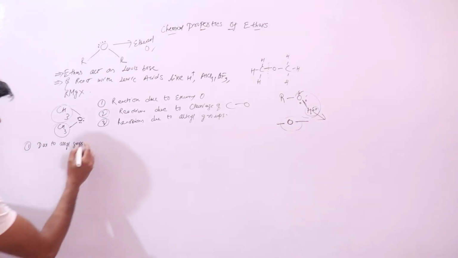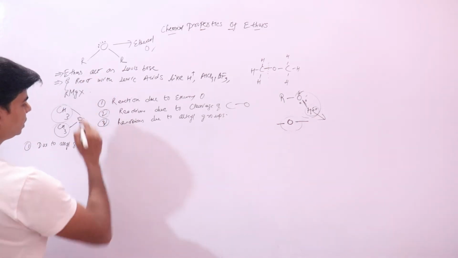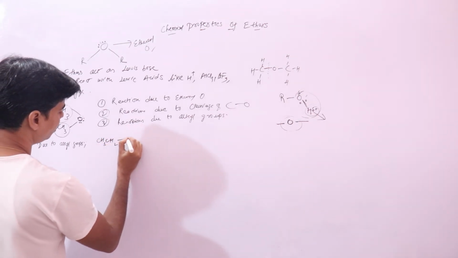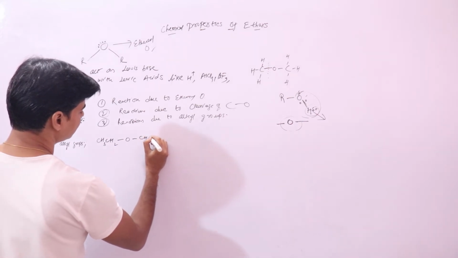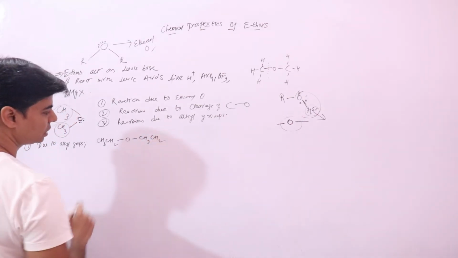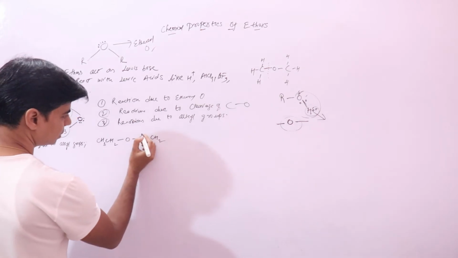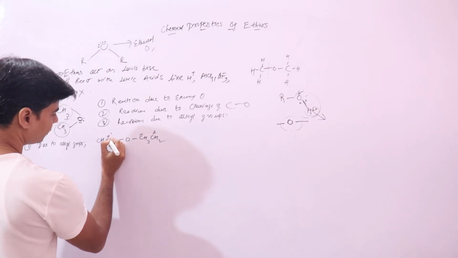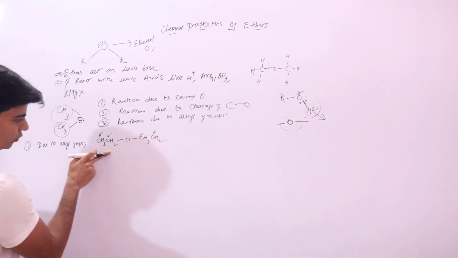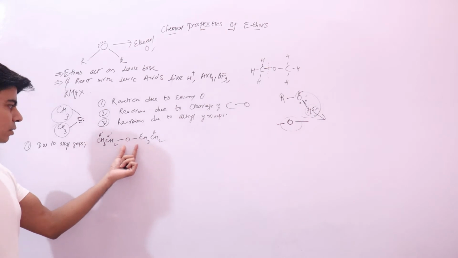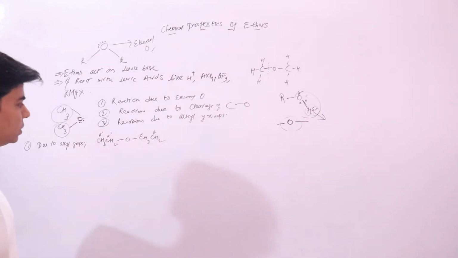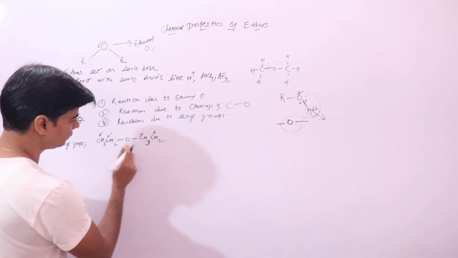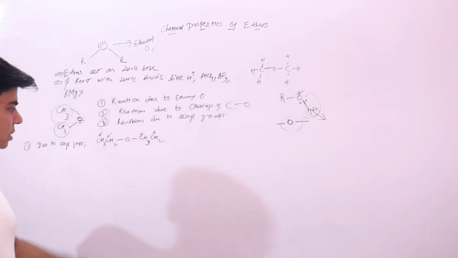If we talk about reactions on alkyl groups, let's say CH3, CH2, O, CH3, CH2. This is your ethereal oxygen, right. This is your alpha, this is your beta carbon, this is your alpha dash, this is your beta dash. As you keep moving away from oxygen, we name the carbons alpha, beta, gamma. So we have 2 alpha and 2 beta carbons in this molecule of